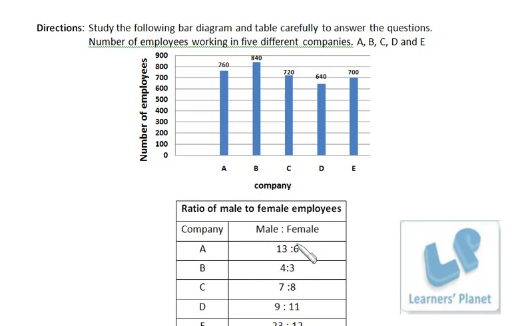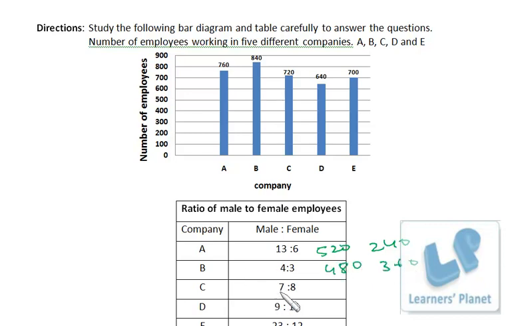Now before we proceed further, we have the total number of employees in each company and we have been given the ratio of male to female. So what I do is I just write down the number of males and females in each company. So it's 13 is to 6 over here. So 13 plus 6 is 19. From 19 it is 13. So 19 into 4 is 76. So it's 520 and 240. Okay. Then 4 is to 3, total is 7. 840 by 7 is 120. 120 into 4, 480, and this is 360.